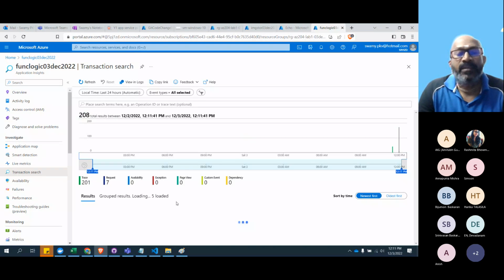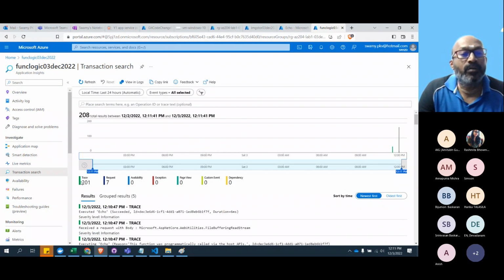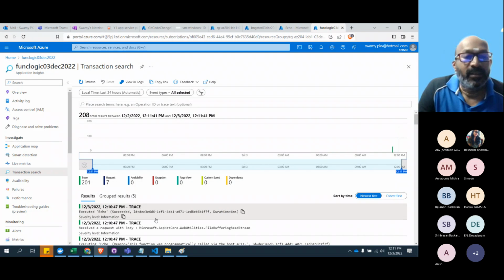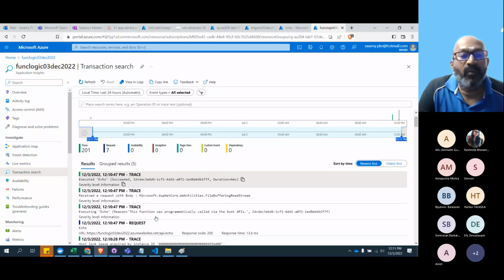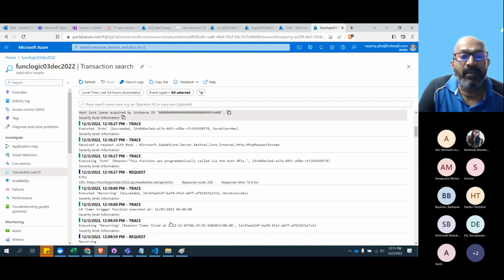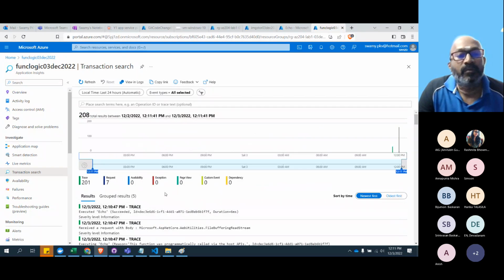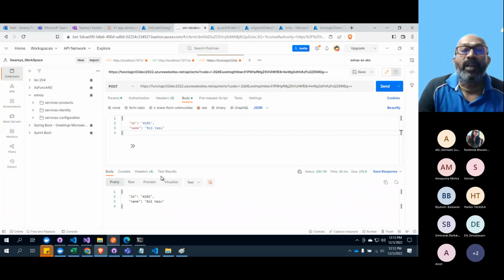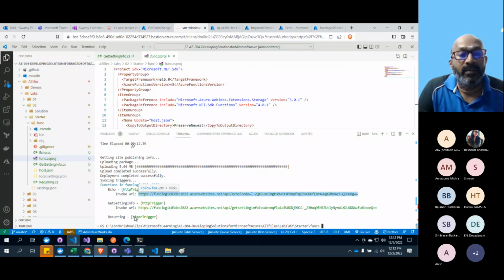So let's get all the data. We can see the logs here. There are 201 traces, so a mix of all will be here. See that? We don't have any exception because we didn't write big code. We wrote a very small code. We can't do chest thumping, just that. We wrote a very, very small code. Okay, that we tested. Now the second one to test is get settings. Let's copy this.